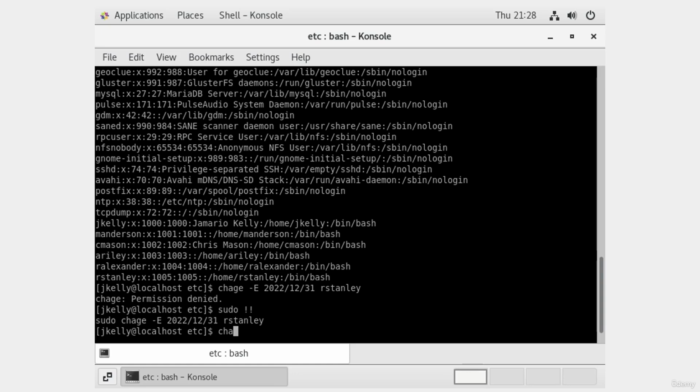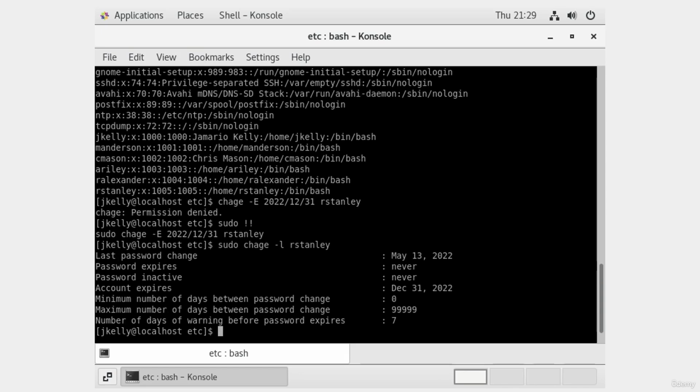Another thing we can do is actually see what the information is. The chage command stands for change age, so it's only dealing with expiration date. So if we want to see the expiration date for Stanley, we do it like this. Also, if we want to, we can change, again with sudo,